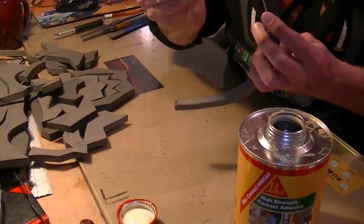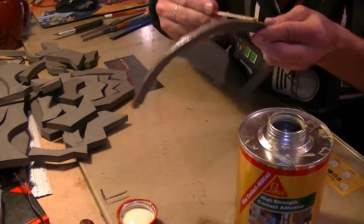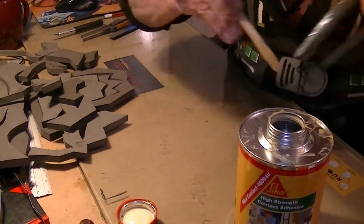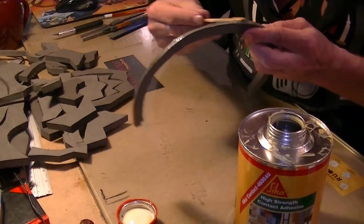And once both surfaces are covered, I set my timer for 10 minutes, either work on another part of the costume or